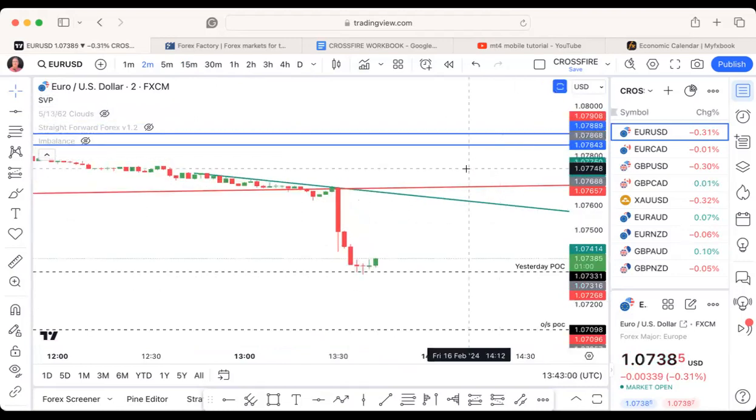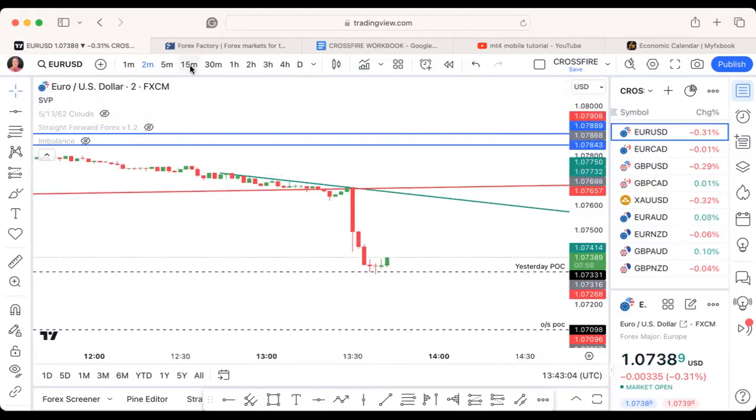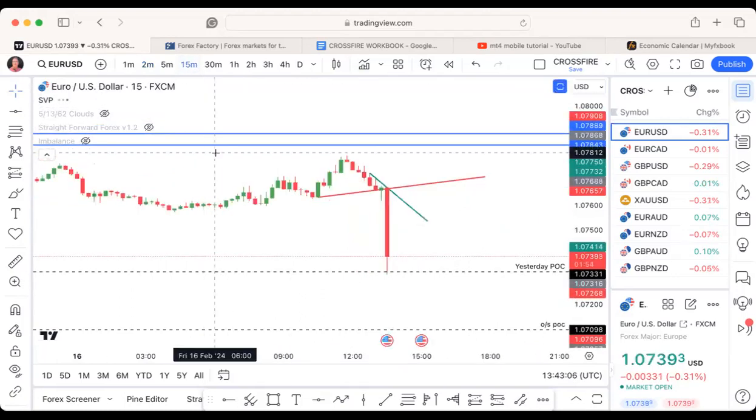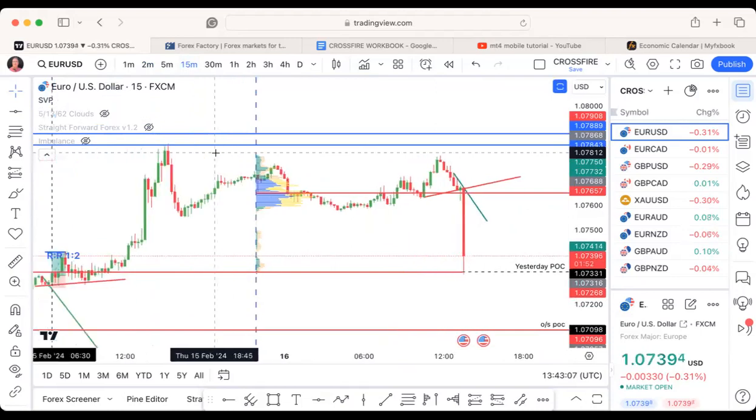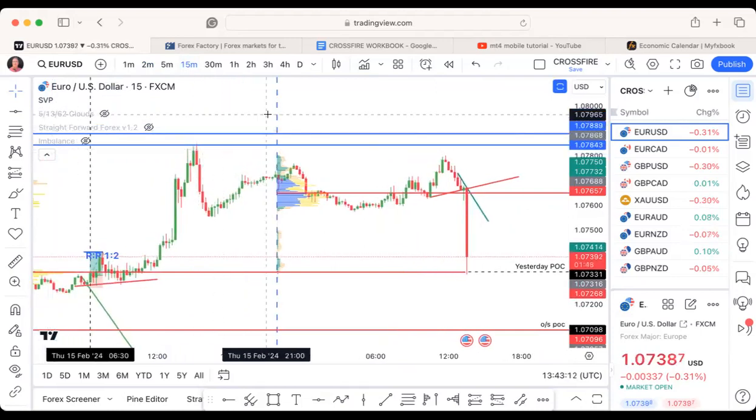I'll stick to Euro US. I'll go up a time frame or two, up to 15-minute, and I've got session volume profile on, which, in case anybody's watching who hasn't seen